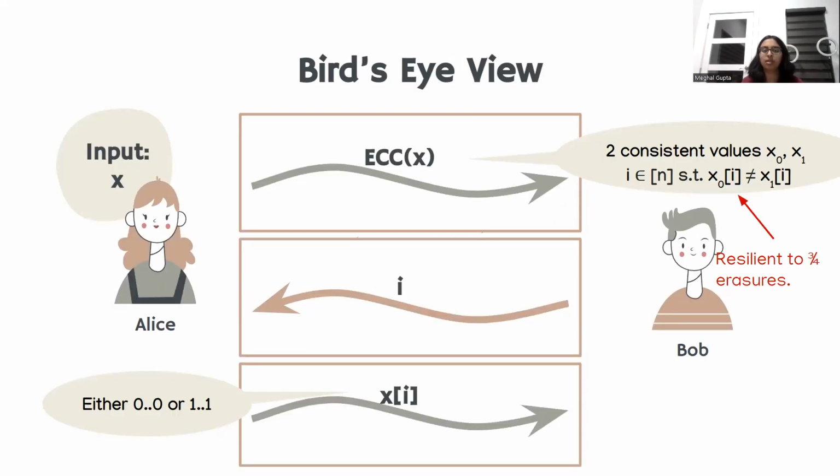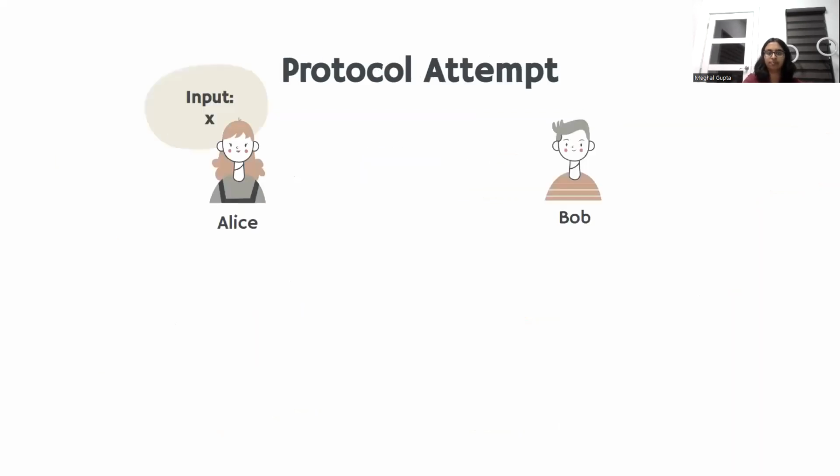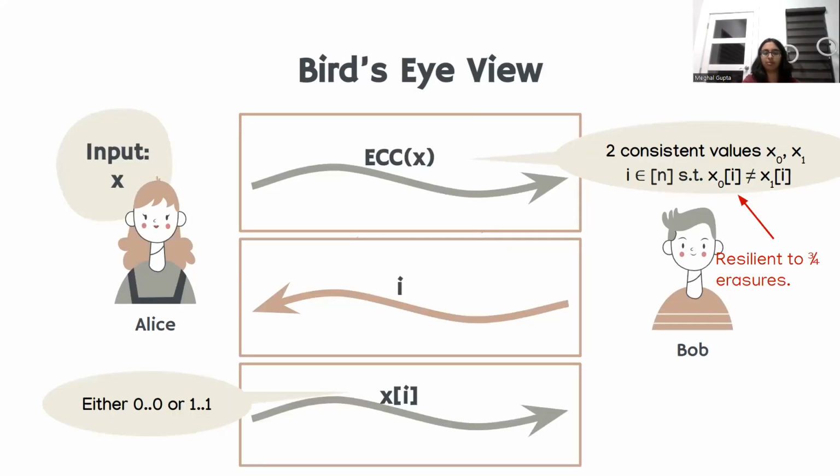All right, so I guess there's 2 things that are remaining. 1, we don't know how to make step 2 resilient to greater than 1/2 error, and 2, even if we can make the individual parts resilient to 1/2 error, it's not totally clear how to design a protocol. Let's address the second problem first and design a protocol based on these 3 sections. So our protocol, the non-obvious thing about the protocol is that